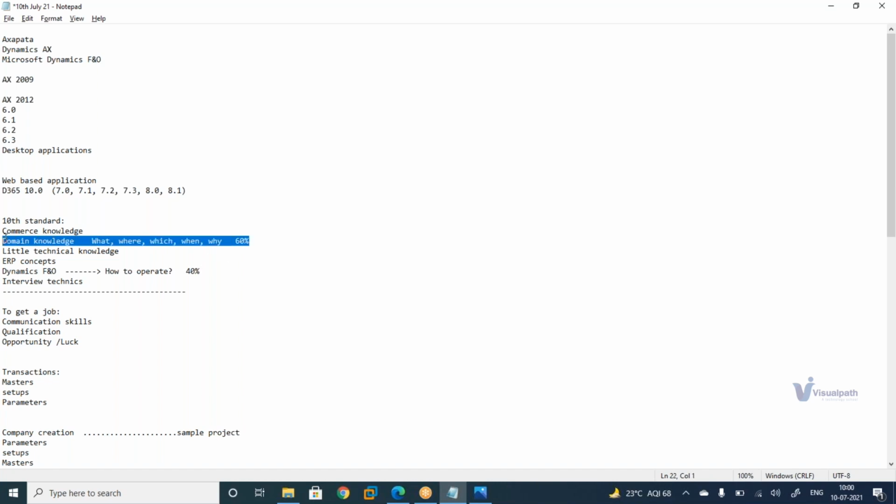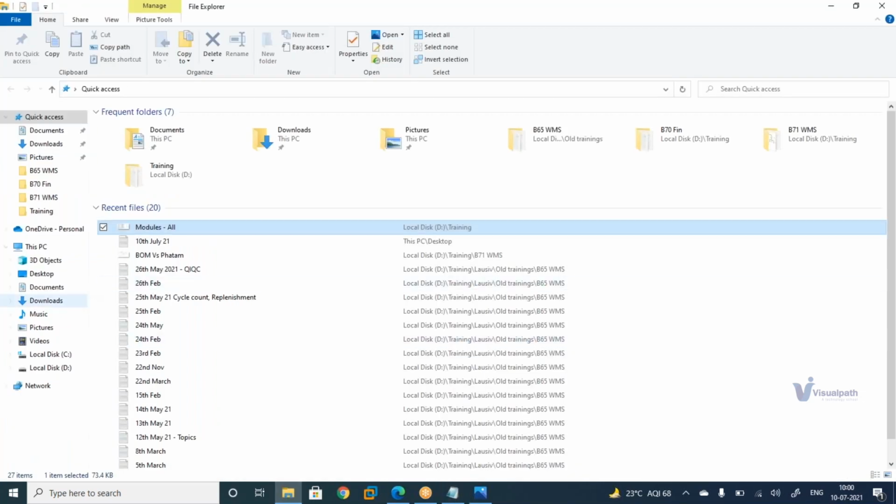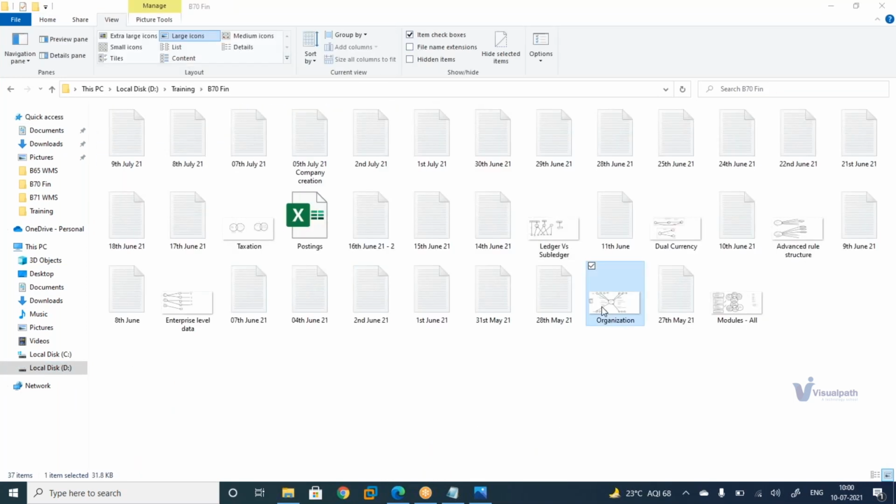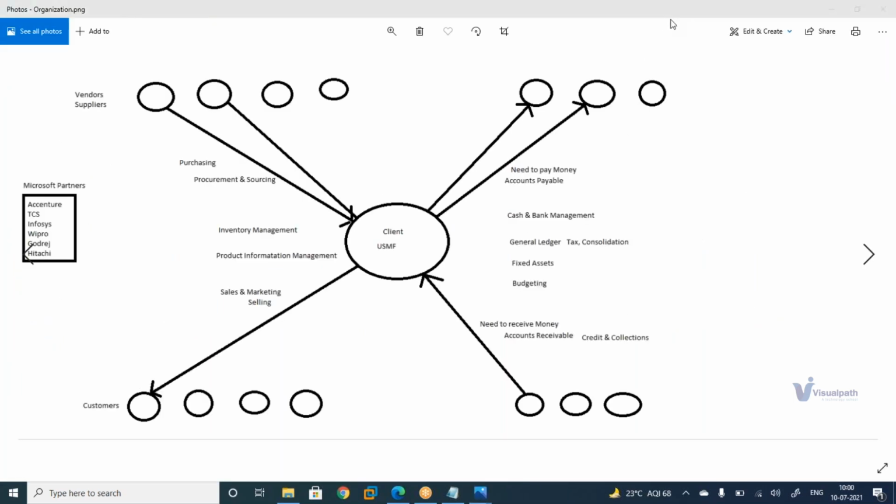Suppose I'm going to show you one invoice. Suppose I will give you one example because you asked me. Let me show you one example. First I need to teach like this. The very first. Look at this one, client, and you are going to get an opportunity in a partner's company, maybe Accenture, maybe TCS, Infosys, something. If you are imagining like this, you cannot learn this ERP. Then you need to imagine like you are running a mobile shop. You are running a mobile shop.